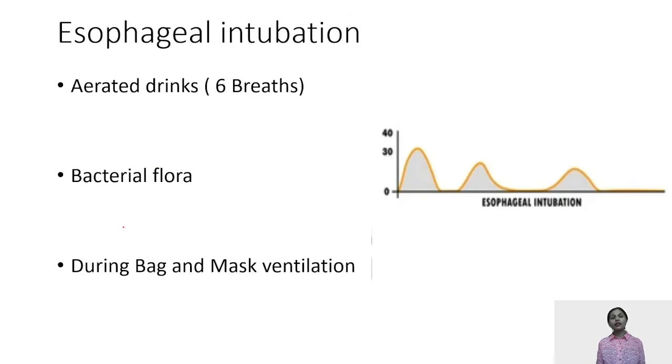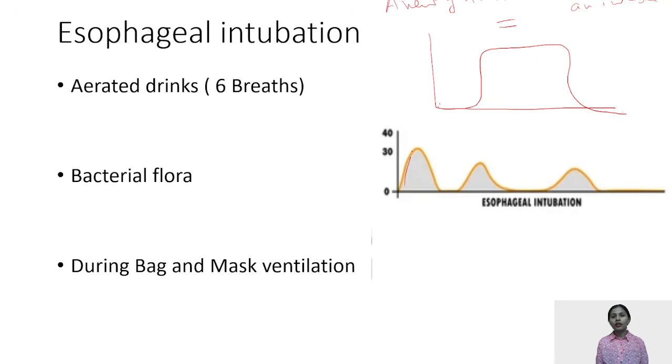The next scenario that comes is esophageal intubation. The scene can come like, for example, a newly trained anesthesiologist has attempted an intubation, and after the intubation, this is the kind of EtCO2 curve that we are getting. This curve is suggestive of esophageal intubation because, as you can see, it's not a normal capnograph. Let's compare it with a normal capnograph. A normal capnograph is like this. It's rectangular in shape, right? This is a normal capnograph.